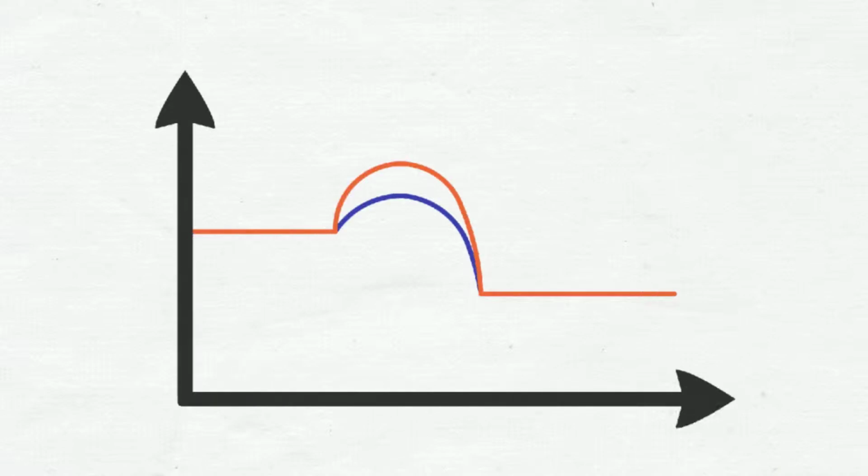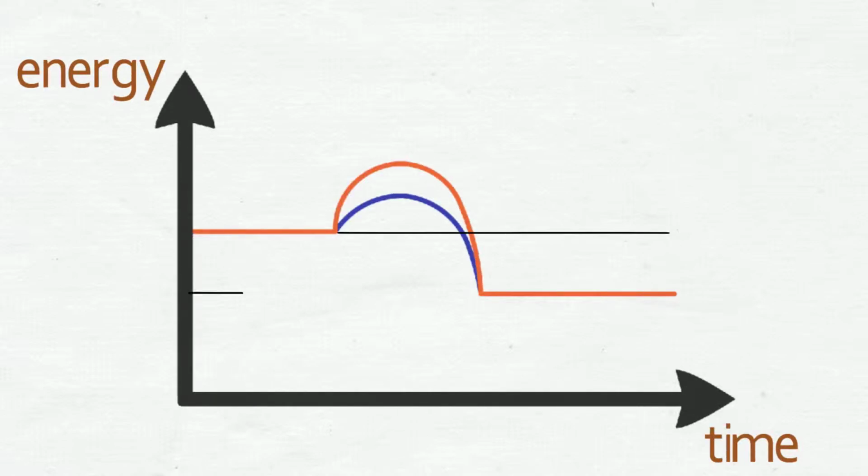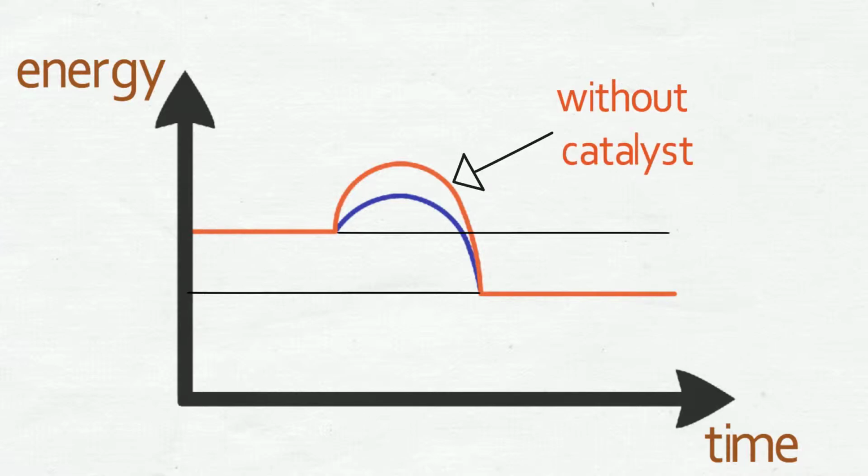Here is a reaction profile for a certain reaction when a catalyst is used and when a catalyst is not used. The orange line shows us when a catalyst is not used, and the purple line shows us when a catalyst is used. From the reaction profile, we can see what the activation energy is. The activation energy is the difference between the energy of the reactants and the highest energy point on the reaction profile. From the reaction profile, we can see that a lower activation energy is required when the correct catalyst is